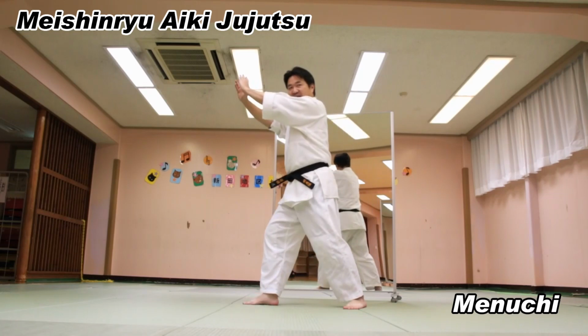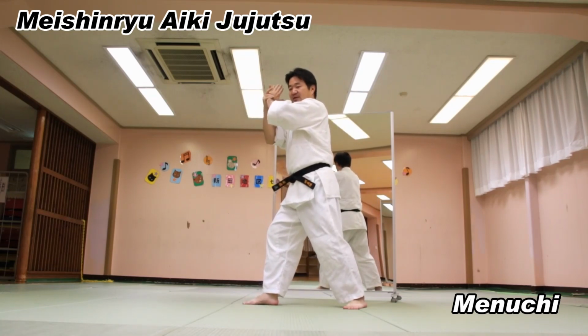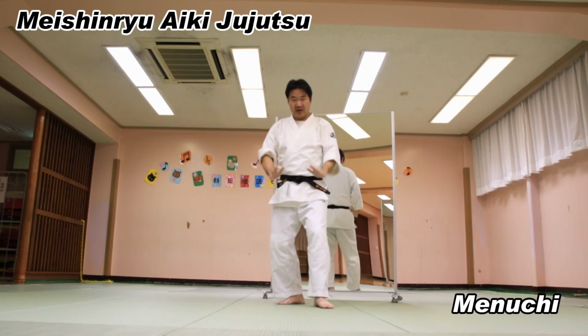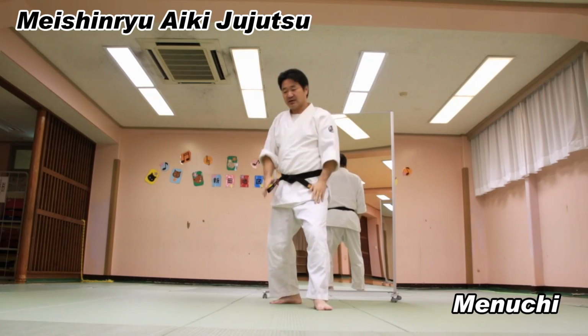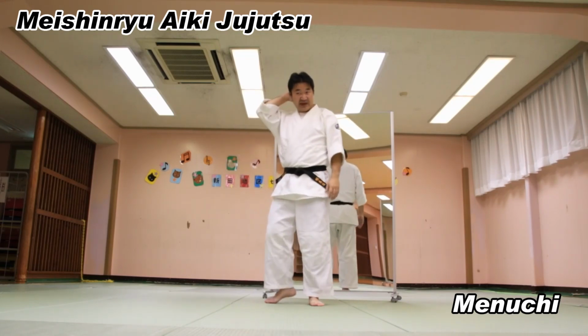When there's a strike, it's very strong and stiff. So don't bend, don't extend. Little bit. That's a very strong arm. And keep it. Every time you move, you keep it. Come back and extend. And extend. That's the basic